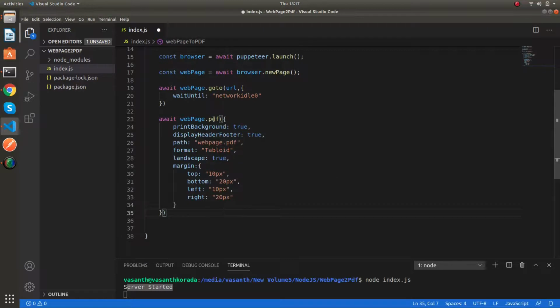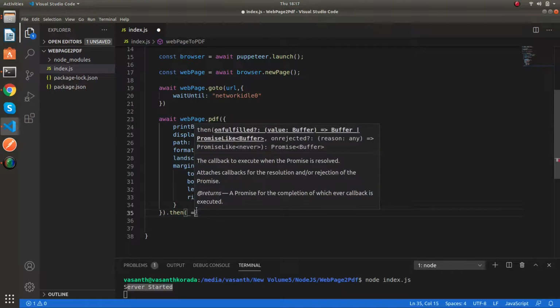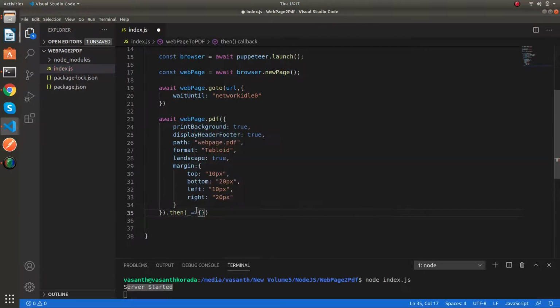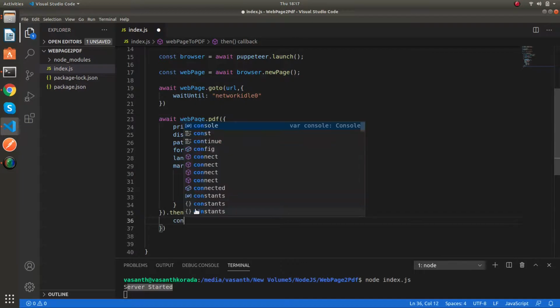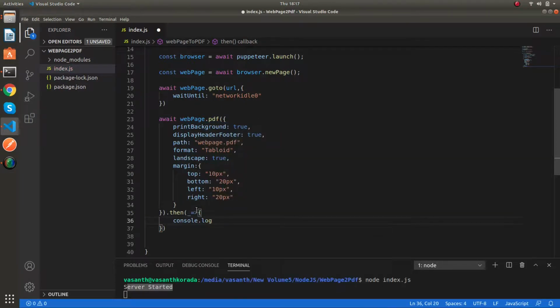So this is what we need. There are some other options as well, but these are pretty enough for us to convert a web page to a PDF. So now let's call this, then I can say if this is successfully converted into a PDF, I can say file downloaded.